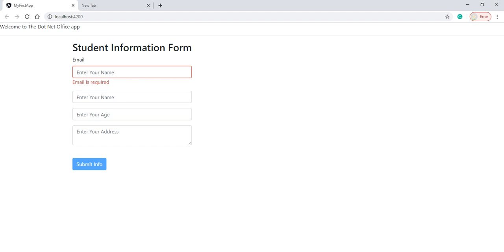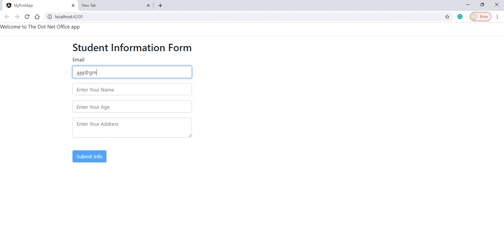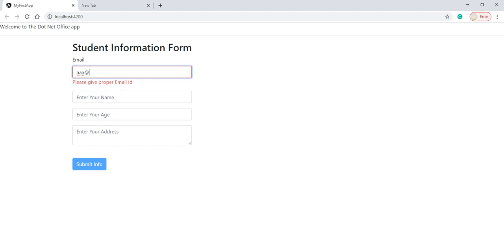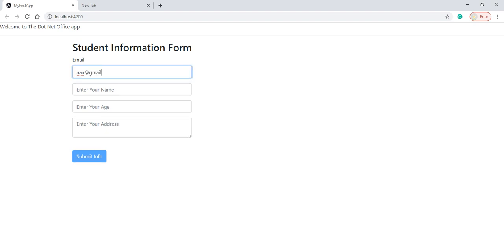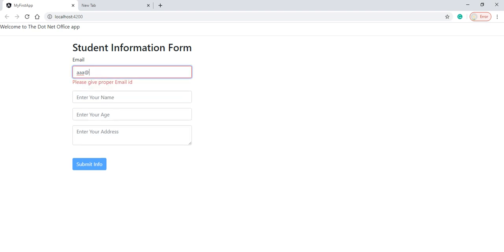Now if I give the wrong email ID, it is saying please give proper email ID, but when I write @ and Gmail and it went, it is saying correct. So this is the way to manage this email ID.